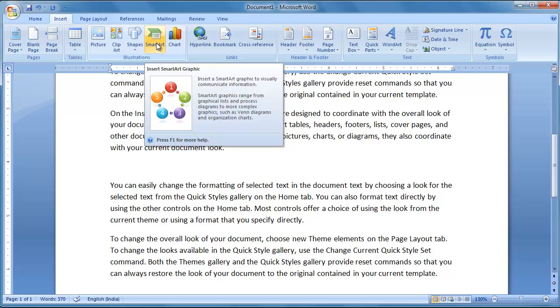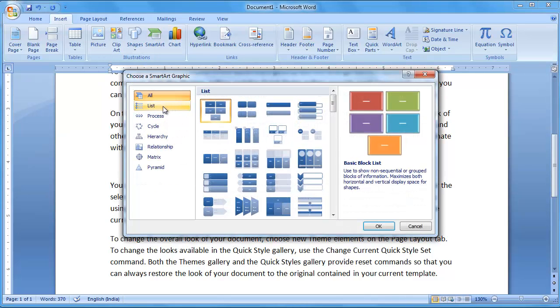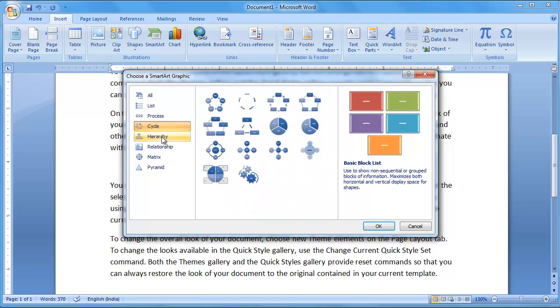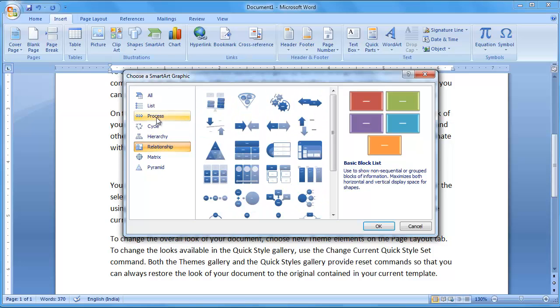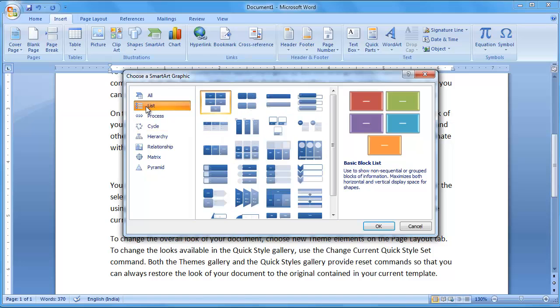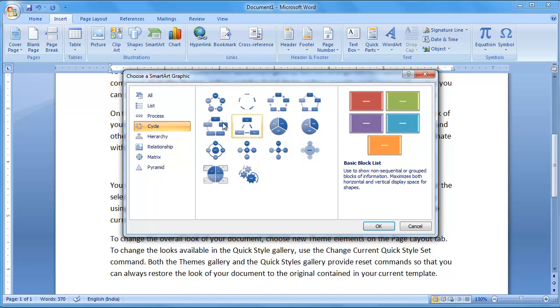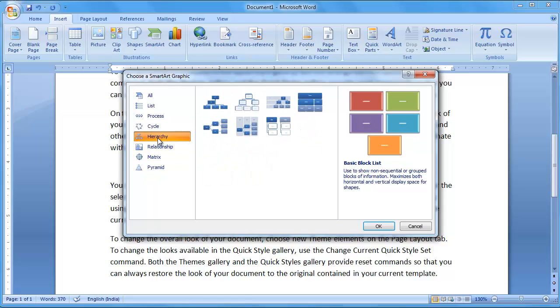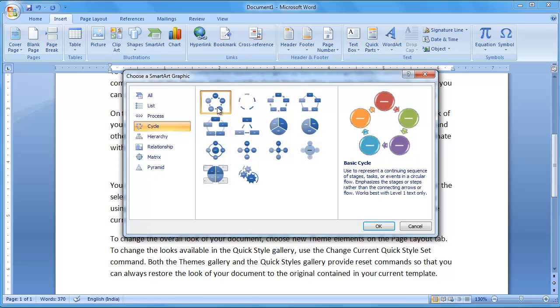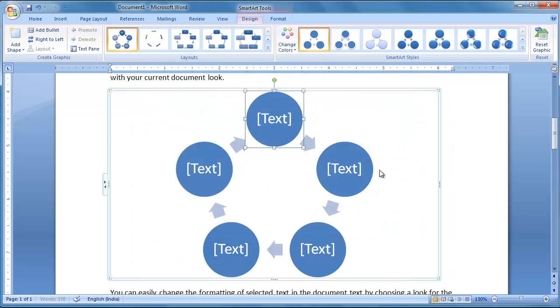Now SmartArt. There are different ways of preparing SmartArt, like list, process, cycle, hierarchy, relationship. Different categories are presented here. Under each and every category, different themes are presented. Whichever theme you want to take, you can take. Theme means ready-made designs. For example, I want to prepare like this. You click on OK. When we are in the SmartArt, we'll get one menu for SmartArt Tools, Design and Format.